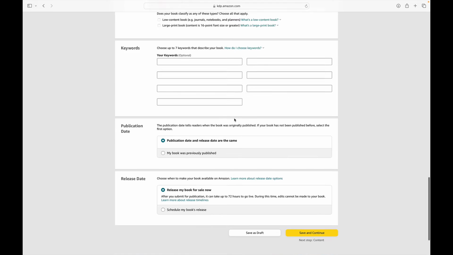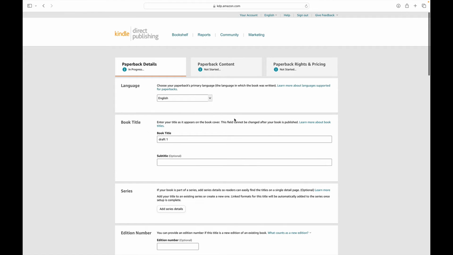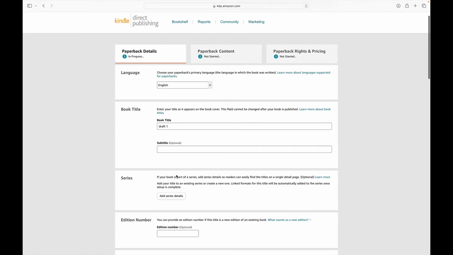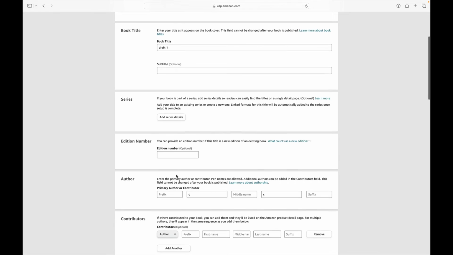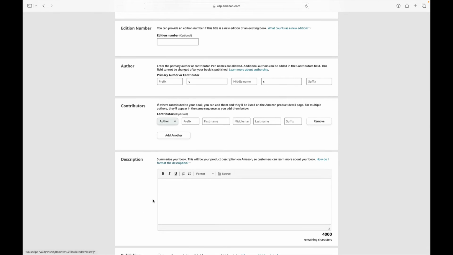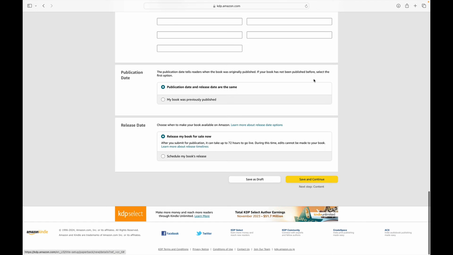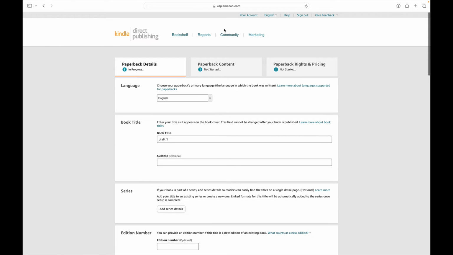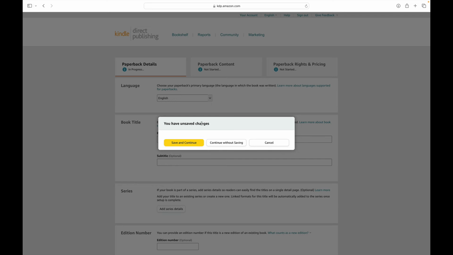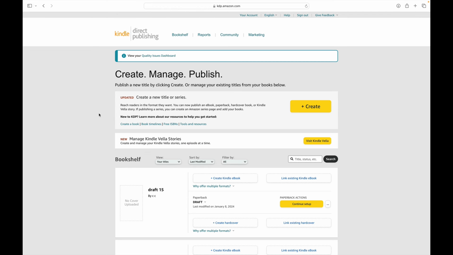So all it does is not allow you to save the draft, which is why I go in and plug in the bare minimum, because it would be incredibly frustrating to have filled out all of these details only to see that you were not able to keep any of it, even in draft mode. So yes, if you do see that message, it will force you to continue without saving. Even though it gives you this option, it won't work. So you will have to continue without saving.